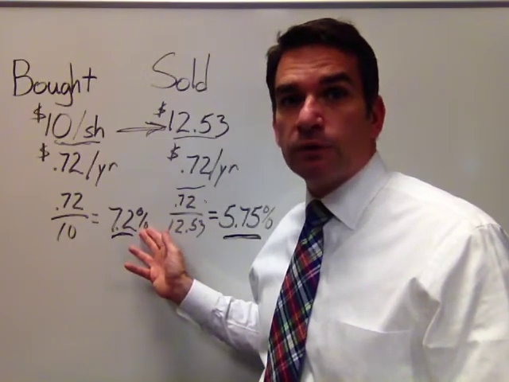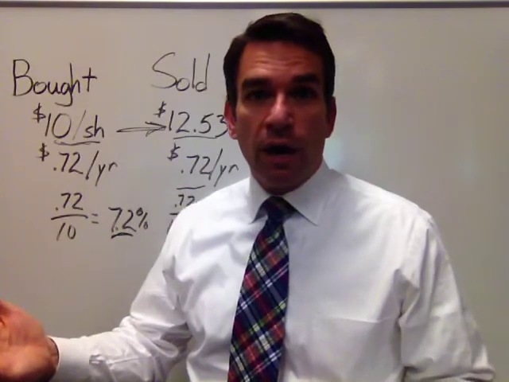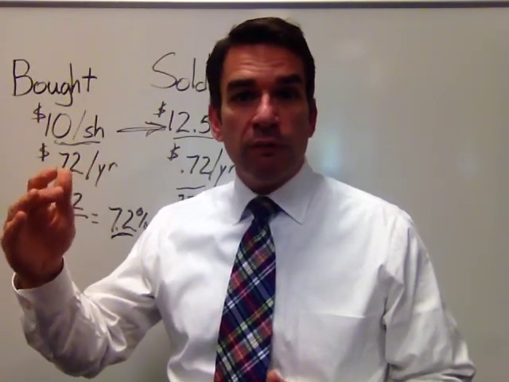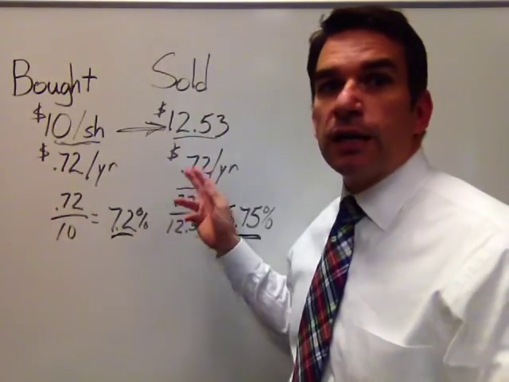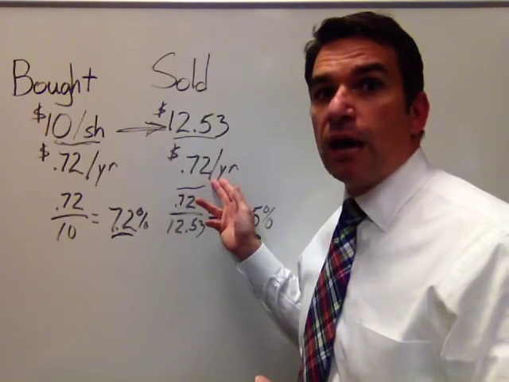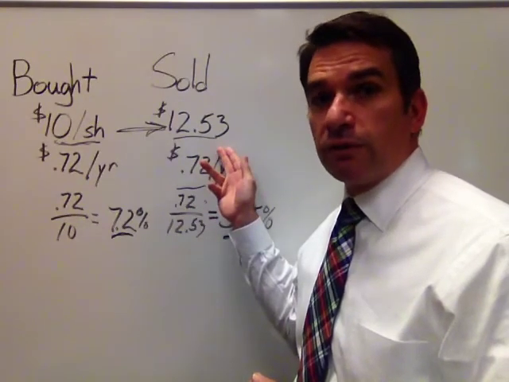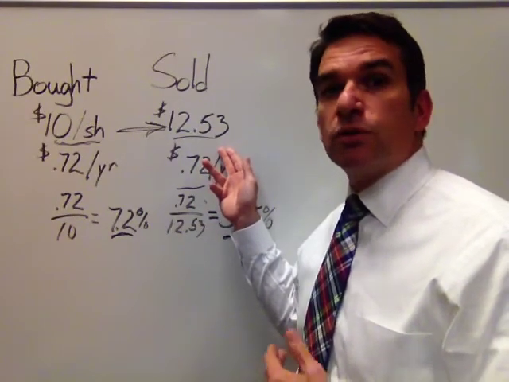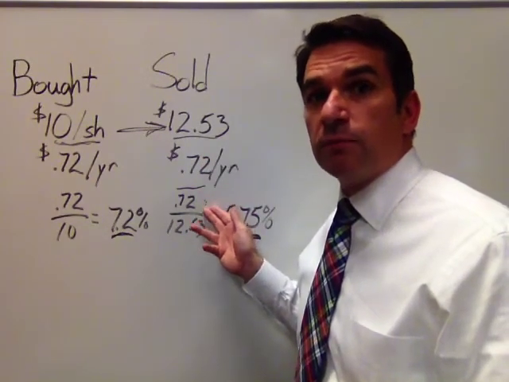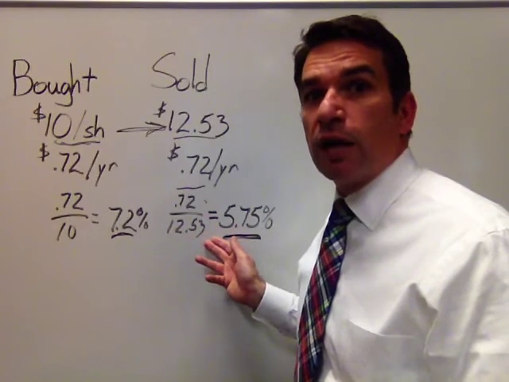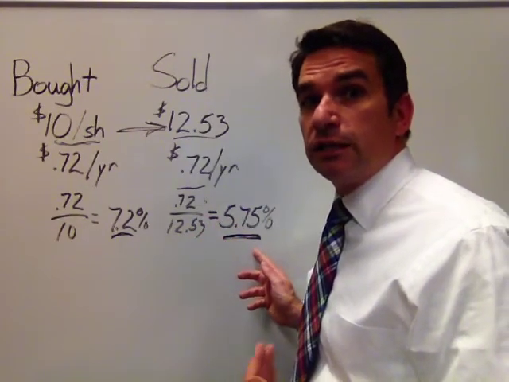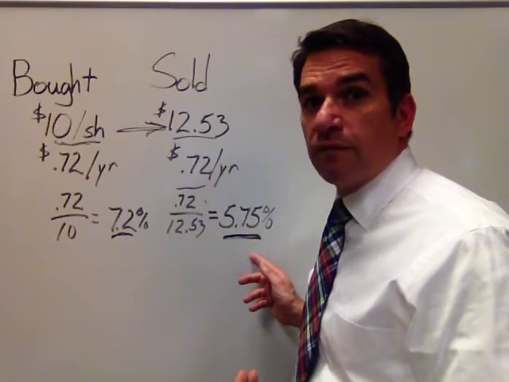and we held it for quite a while in many client accounts. Now, if we fast forward for a while, what occurred was that the share price on these shares had increased quite a bit. And so if we look at it, it was still yielding 72 cents per share in income. However, the share price had risen to $12.53. So if you do the same math and divide the 72 cents per year in income by the current share price of $12.53, what you find is that the yield actually decreased to 5.75%.